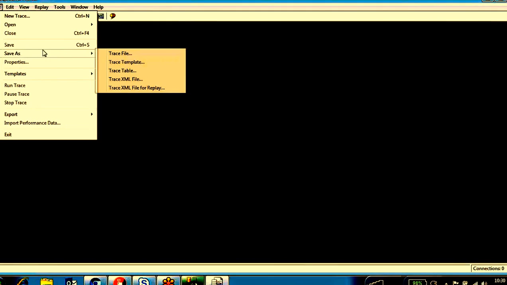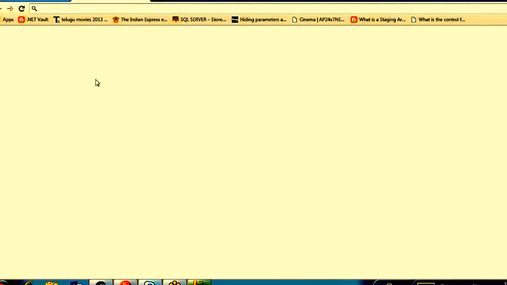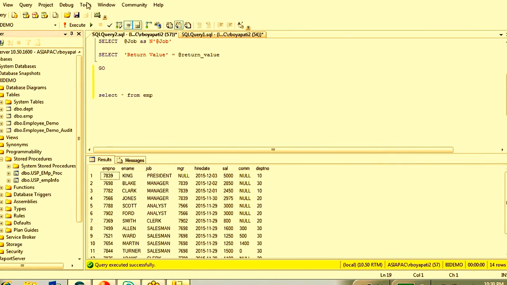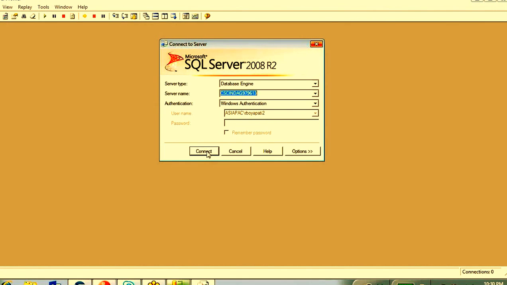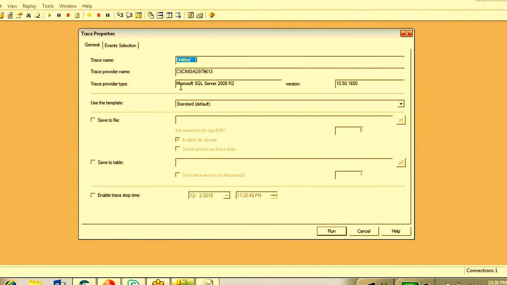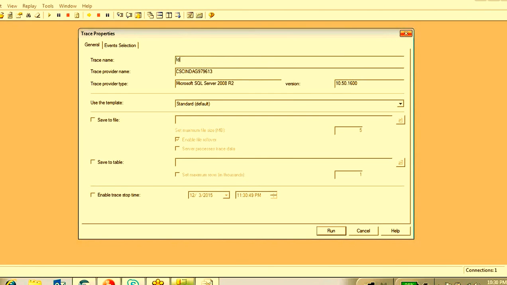Okay, and that will save somewhere. File, save as. It will save wherever you give the location. For example, this location. This is the file name.